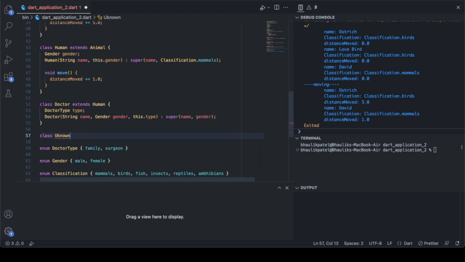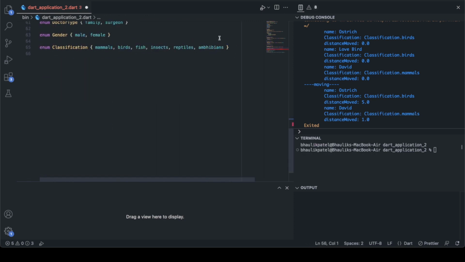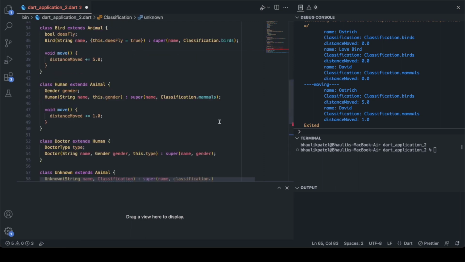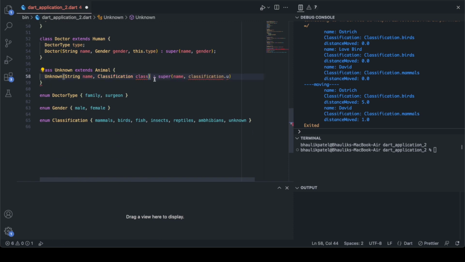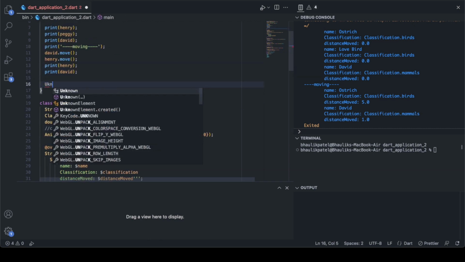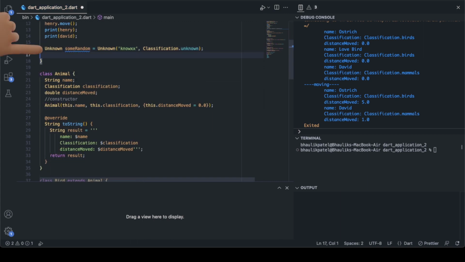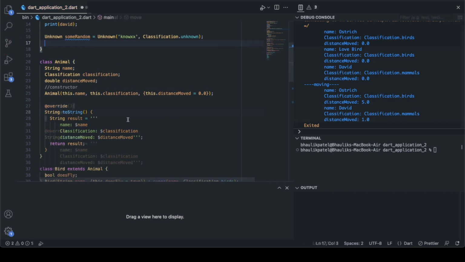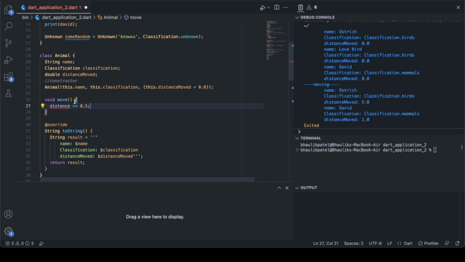Up next, we can create another class. Let's just call it an unknown class. Simply add a quick enum called unknown in the classification. The constructor is what we just discussed. Pretty straightforward. Let's try creating an instance of unknown. Our instance is called some random, and let's just say,